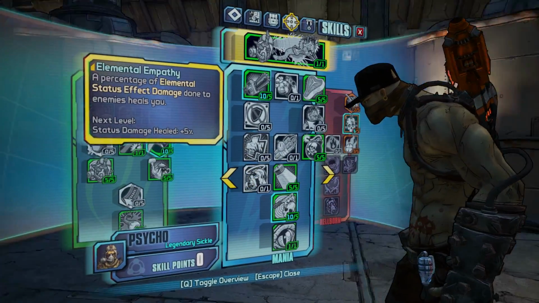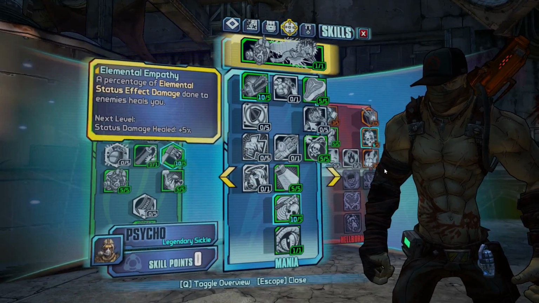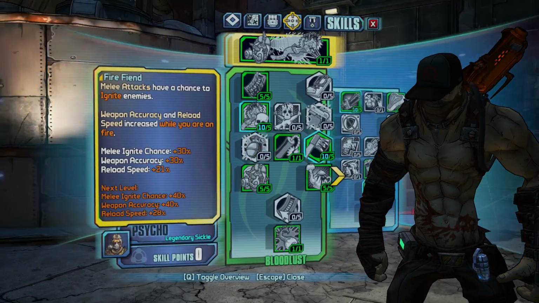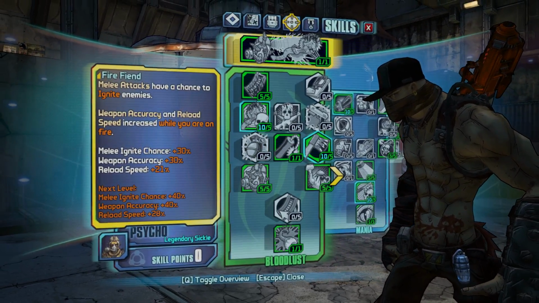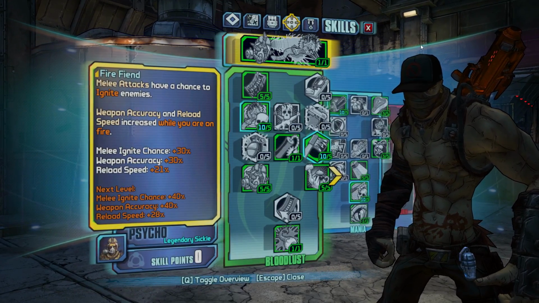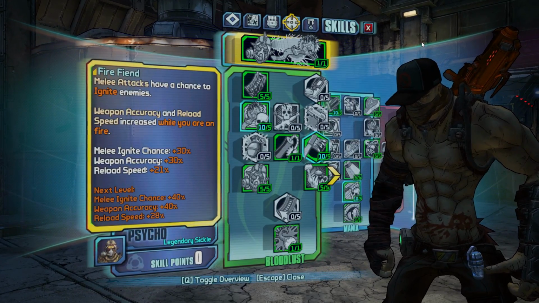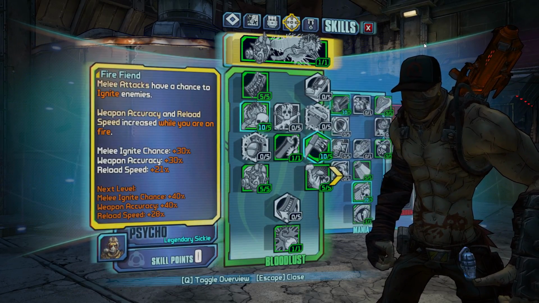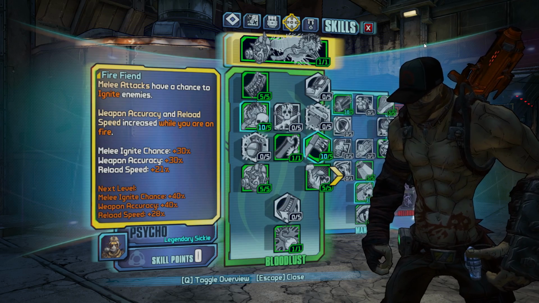That's the explosive Krieg. Hope you enjoyed it. Here's the build overall. He's got a lot of good survivability. The only issue is flying enemies or way distant enemies, the guys that are sitting up on top of buildings. You have to practice throwing the buzz axe,